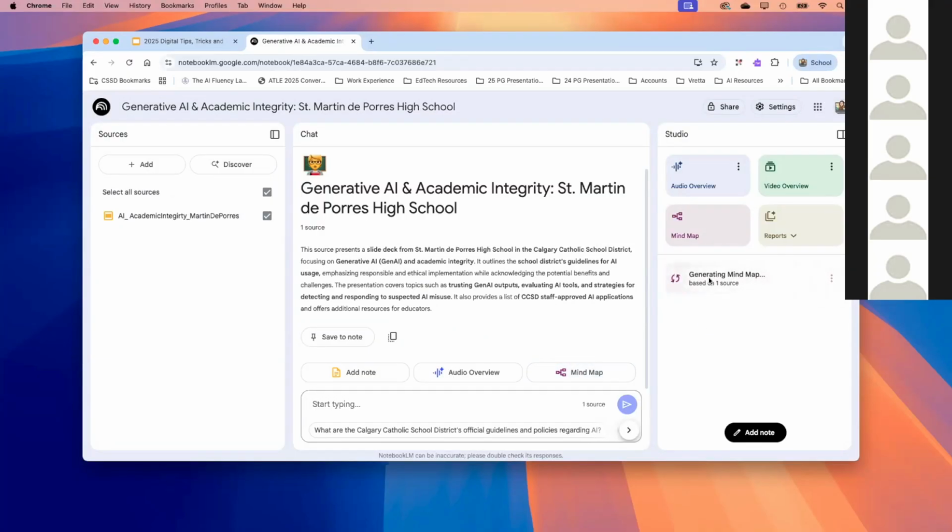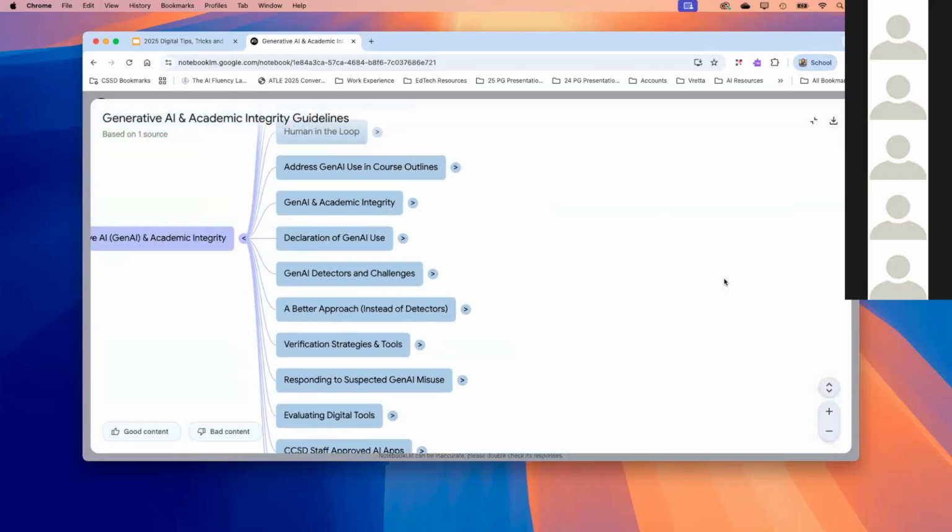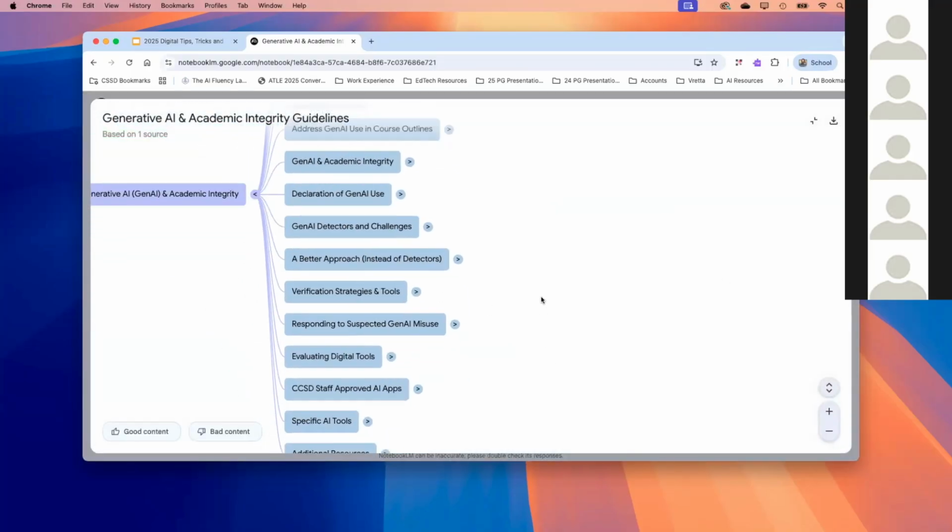And from here, it's going to generate a mind map based on that. If you hover, we'll look at it in a minute, but if you hover over reports, from here, you're able to create a briefing doc, a study guide, some facts or questions, and a timeline. And so from here, if I click on there, this is the map it's produced based on the material